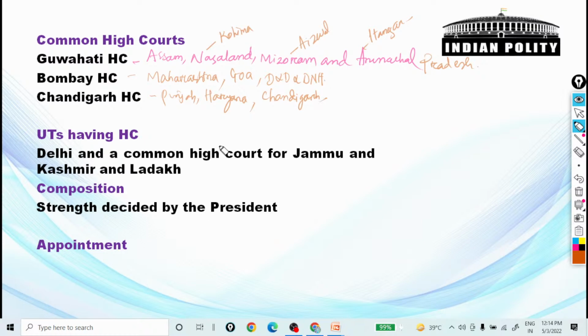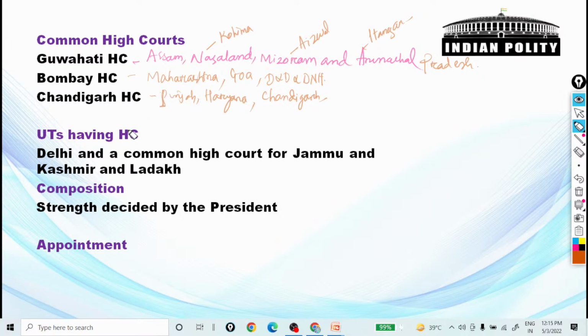So Common High Court is a different type of court that exists for several states, and the difference is that the same procedure is maintained. The appointments are done by the President. But the only difference between a single high court and a common high court is that the salaries of the judges and the expenditures may be shared among the states from the state consolidated funds. That will be distributed.